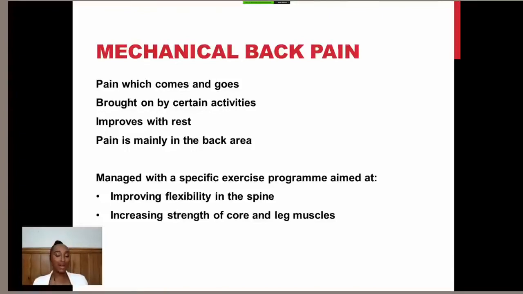And so therefore their back muscles start to kind of overwork, and that's when you can then end up with mechanical back pain. So from my point of view as a physio, I will be prescribing the exercises that meet that lack. So if you've got weak glutes, which are your bottom muscles, then I'll give you exercises to strengthen your glutes and so on. So things like Pilates can be quite good for something like this, because that helps to target not only your bottom and your hip, but your deep tummy muscles as well.